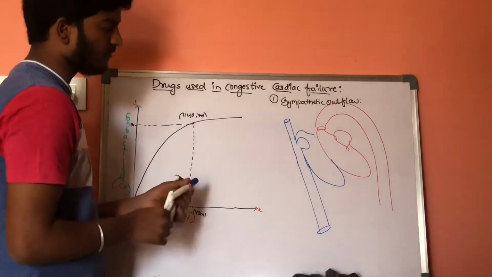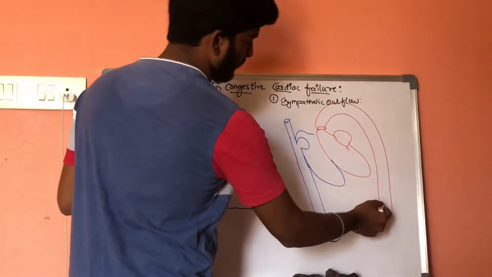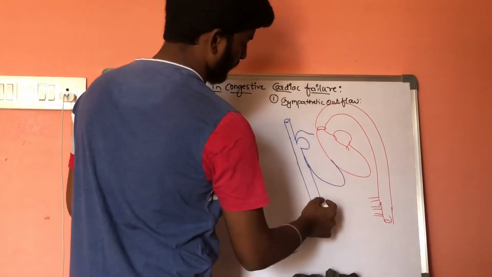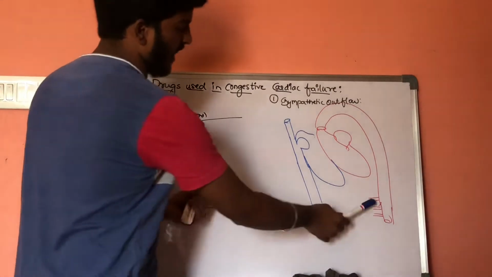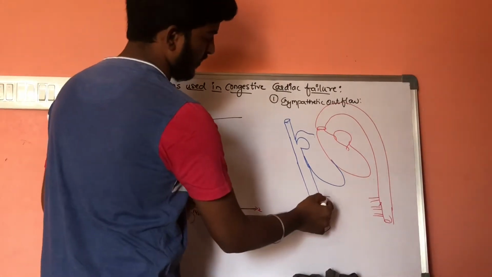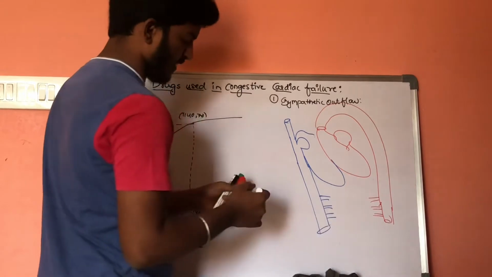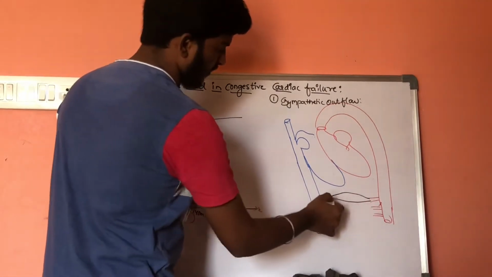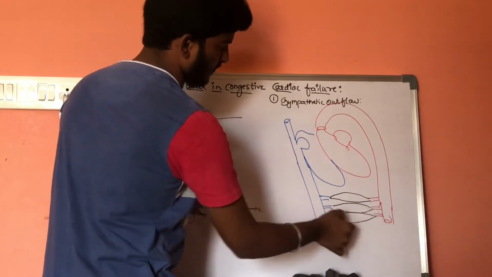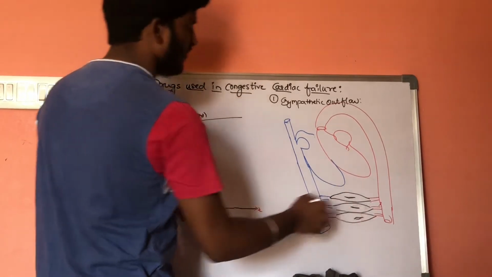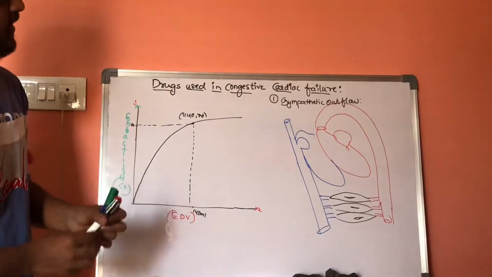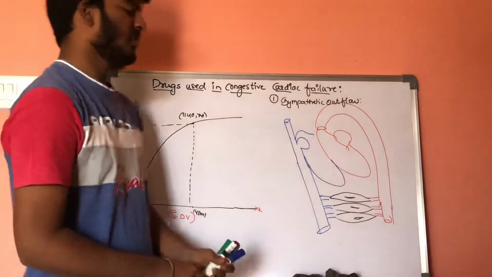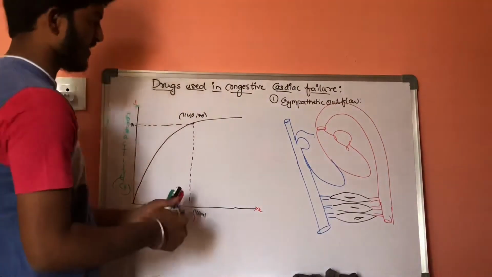Now, these are the arterioles and these are the venules. In between it consists of capillaries. These are the capillaries. Now, in case sympathetic outflow is more,